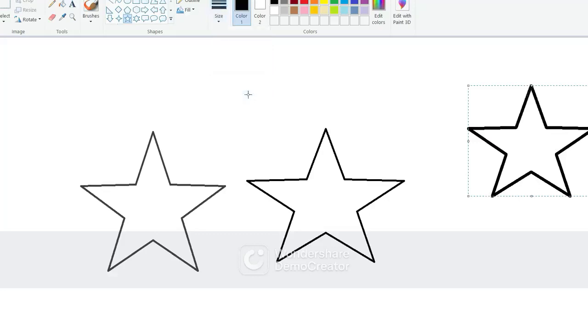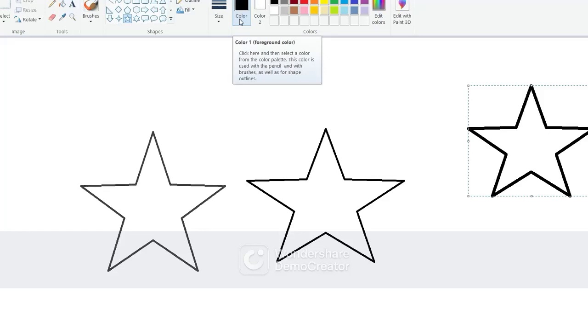Apart from this, dear children, you have one more option, that is two colors are there. Number one color is foreground color, number two color is background color. So foreground color is there to change the color of the pencil or the brush.